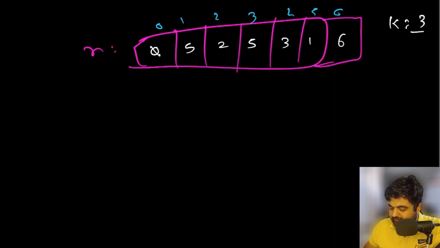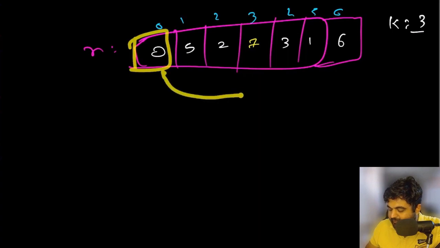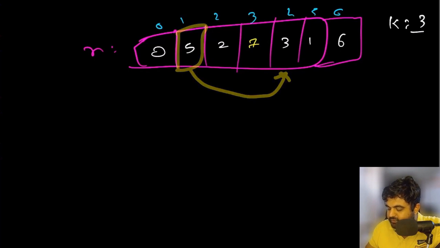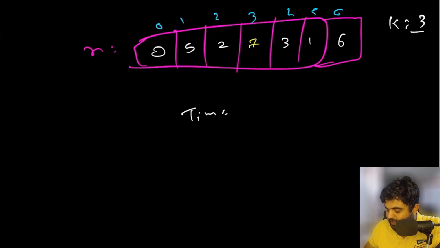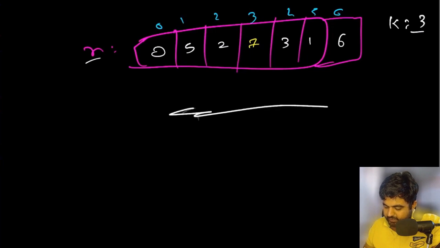But this is a very inefficient approach. Why inefficient? Say for example this input does not contain any duplicated values and all the values are unique. At the same time what we would do is, for every single element we would compare it with the next 3 elements, and we would keep on repeating the same process until we reach the end of our loop. And that would be an inefficient approach because the time complexity would be big O of n multiplied by k, where n is the total number of elements, and this is not what we want. We want something more efficient. So let's see a more efficient and better approach.